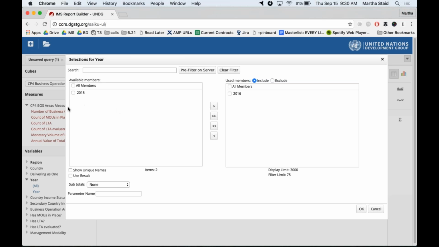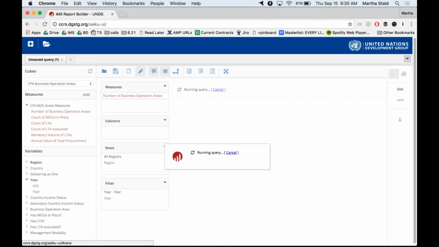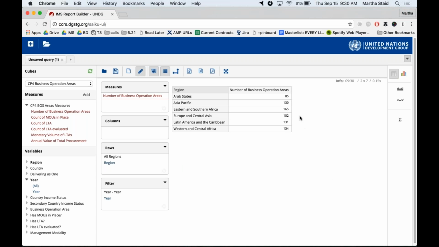So now the left box shows what's available but not included in the table. The right-hand box includes what is in the table. And again, as a reminder, there is a user guide which has all this listed, with screenshots, so you can kind of follow along if you want to recreate this yourself later. Right now, this looks good, so we're going to click OK, and suddenly we have a smaller subset of data.